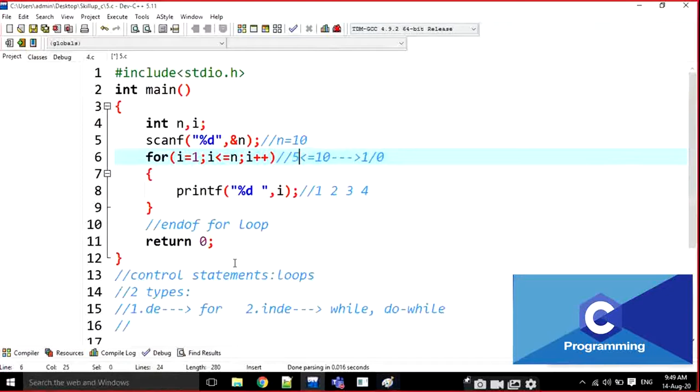Then i becomes 5. 5 is less than 10, that's why 5 is also printed. Then i becomes 6. 6 is also less than or equal to 10, that's why 6 is also printed. Then i becomes 7. 7 is less than 10. Is it true? Yes, it is true, that's why 7 is also printed.